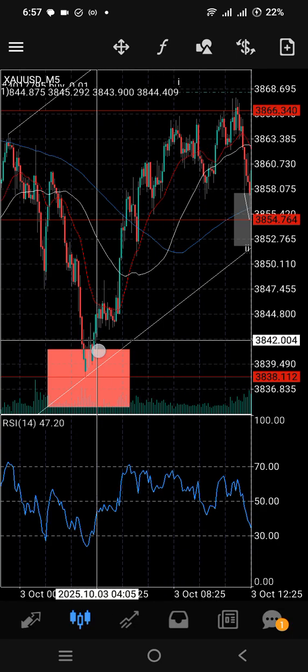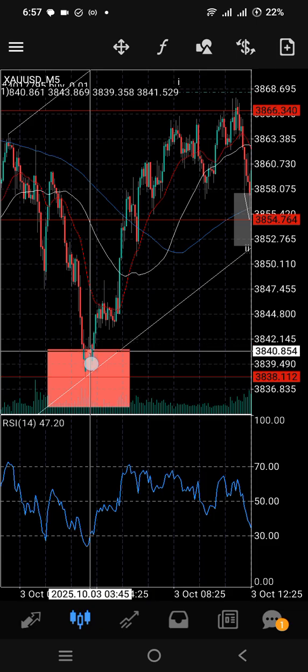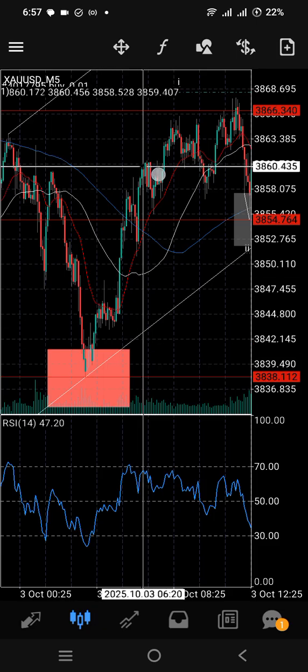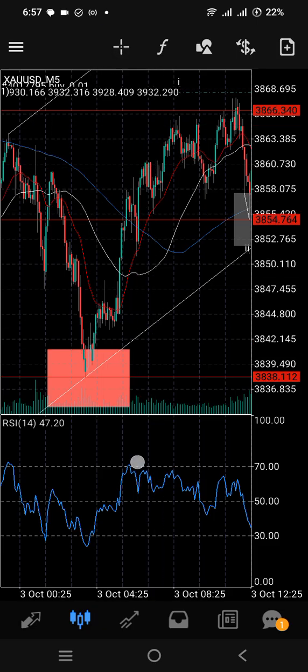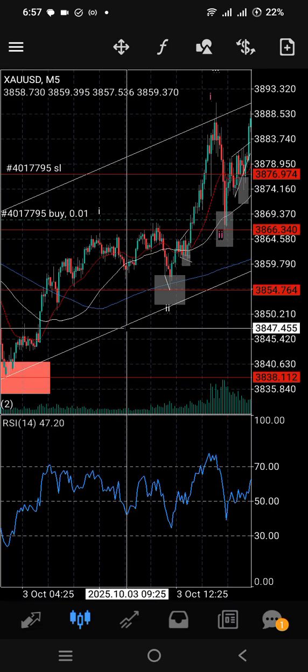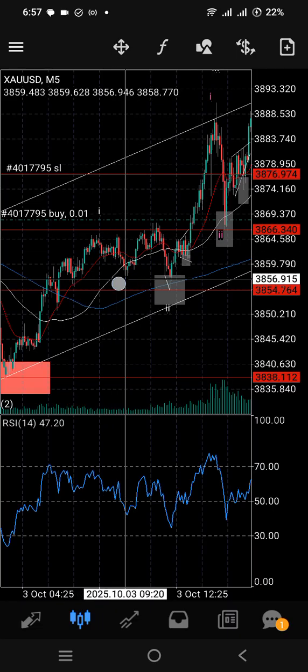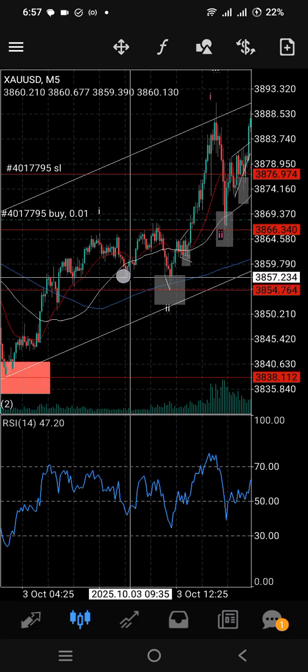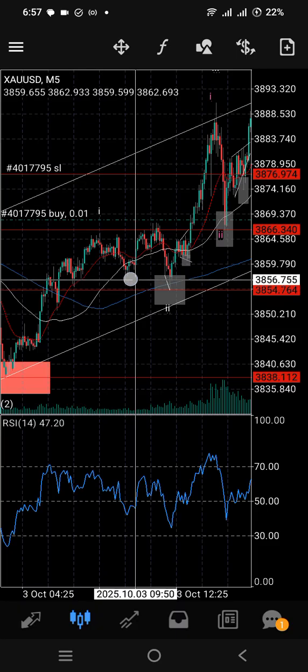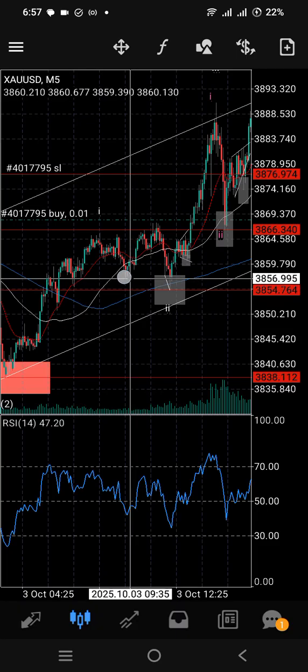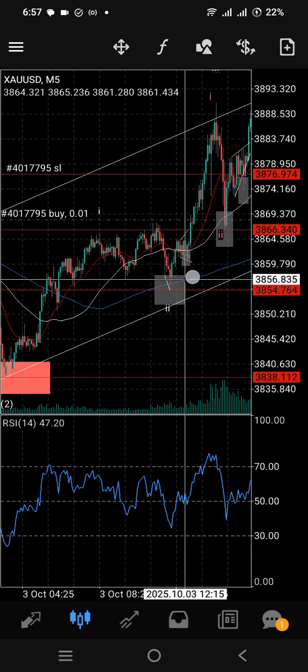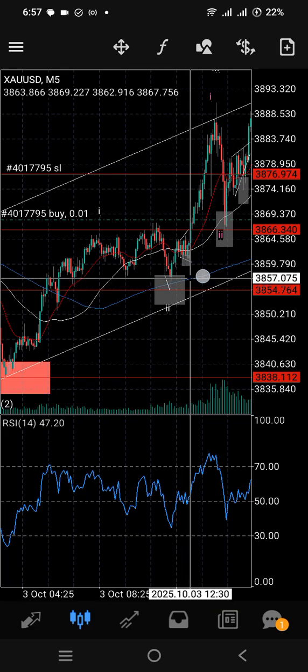And then, or how did I count this? I think I counted as 1, 2, 3, which is up here, 4, and then 5, and then I saw a 3-wave move down. I believe I had a trade around here, and I placed that trade. Yes, I placed that trade around here, but I was stopped out by this move here.